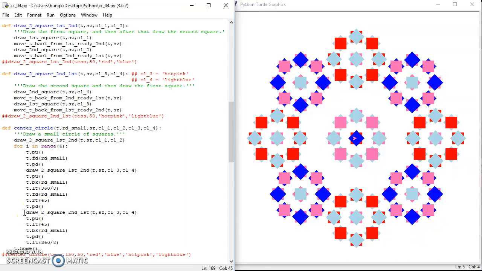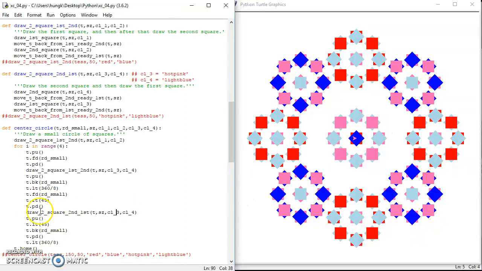So this will have you draw the second one, like the code that we draw for the second one on the bottom and the first one on the top, the first square on the top, and with the color you see the same thing. So just like a 3 and 4, and then pan up again,